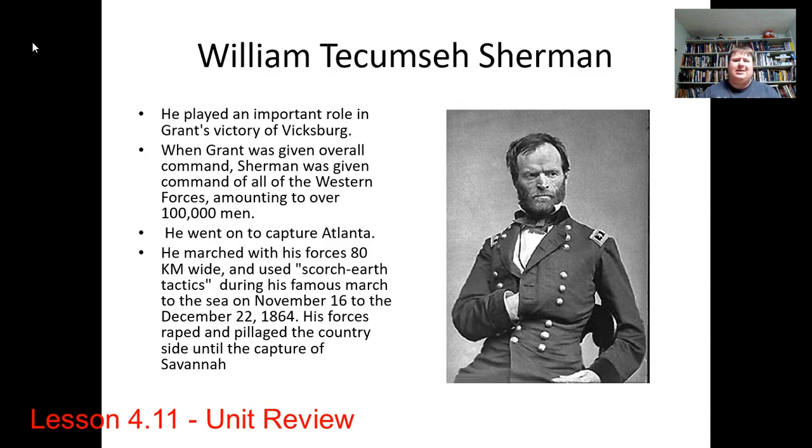And on the way, he is destroying as much as he can in terms of infrastructure, things like bridges, railroads, telegraph lines, and things like that. He's burning down any factories. There weren't a lot of factories in the South, but Georgia had the majority of what they did have in the South in terms of industry. So he eventually makes it to Savannah on December 22nd, 1864. He decides not to burn down Savannah and instead presents it to Lincoln as a Christmas present.